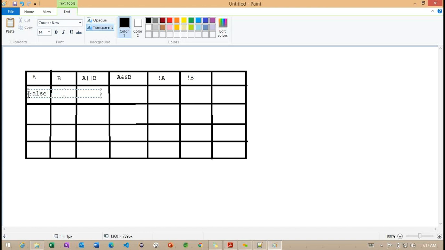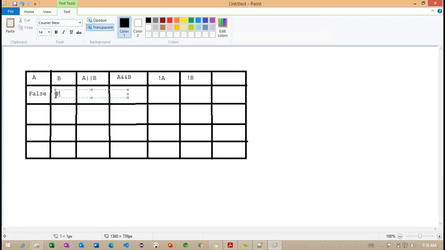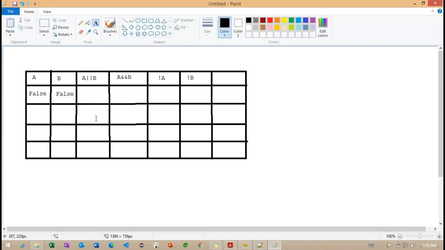The B value also I'm defining as false. So carefully observe: if the A value is false and the B value is false, what happens internally?